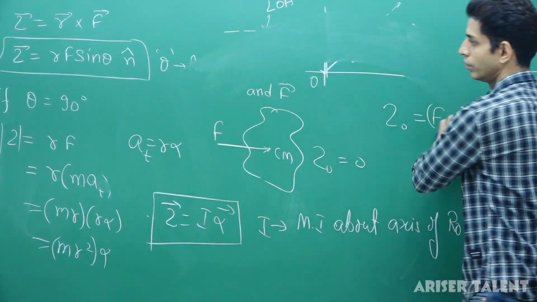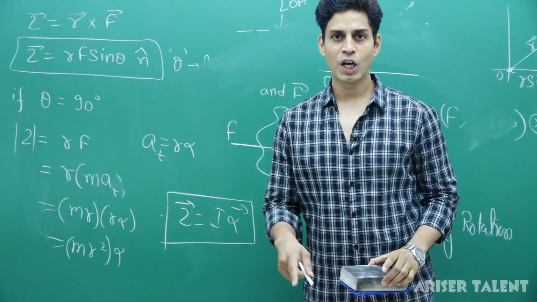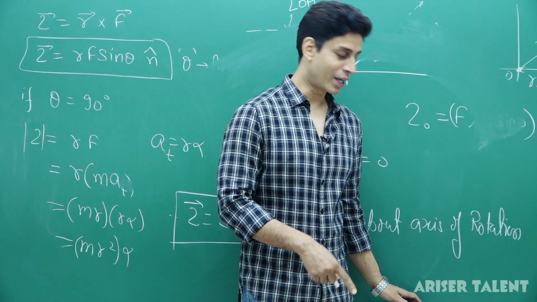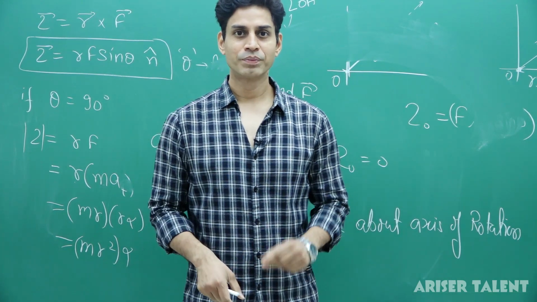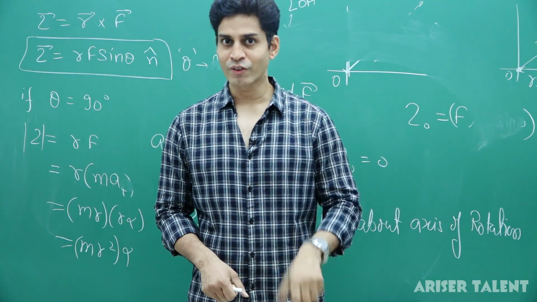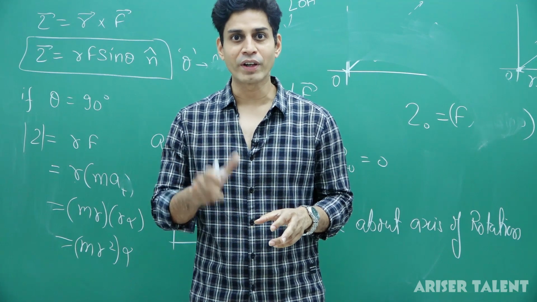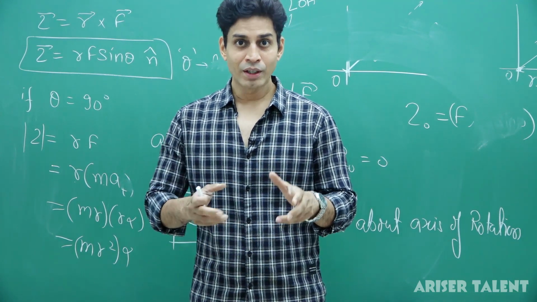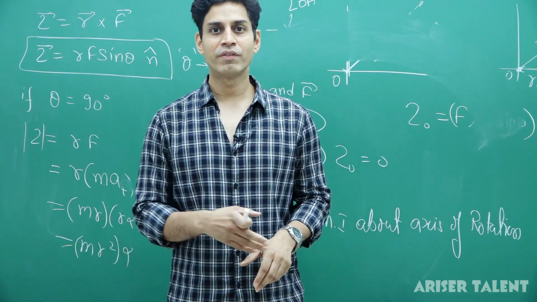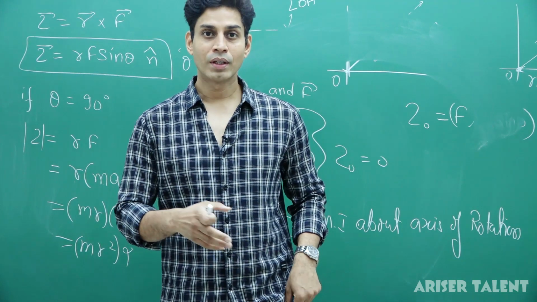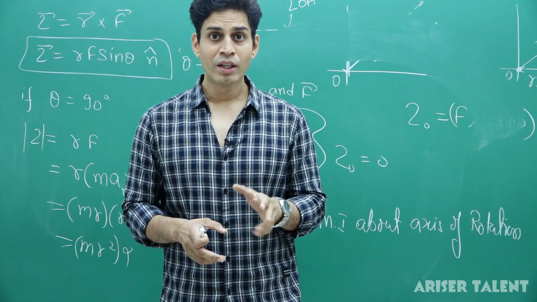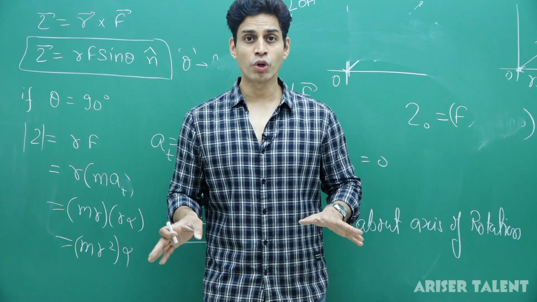So we have discussed a lot about torque. Now it's time to solve the numericals. Are you ready? Before starting with the numericals, I want to make certain things clear. Again, what is torque? Torque is something which can change the rotational state of a body. Anything which is having a rotatory effect, any force which can rotate the body, can provide the torque. Now it is clear what the line of action is. You have to just extend the line. That extended line is known as the line of action, the line along which you are applying the force. If it passes through the axis of rotation, then there will be no torque.